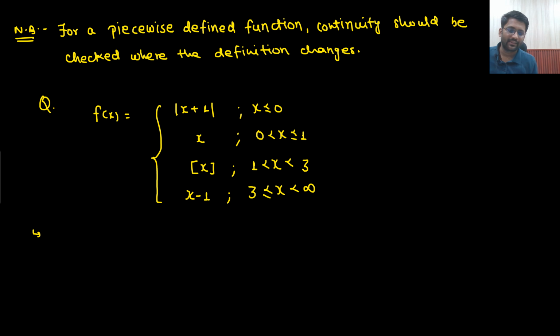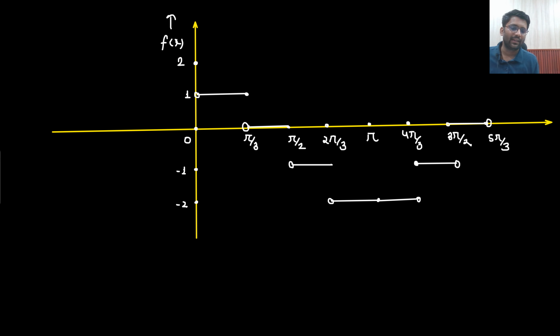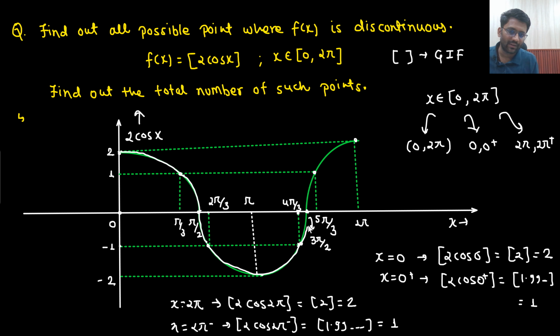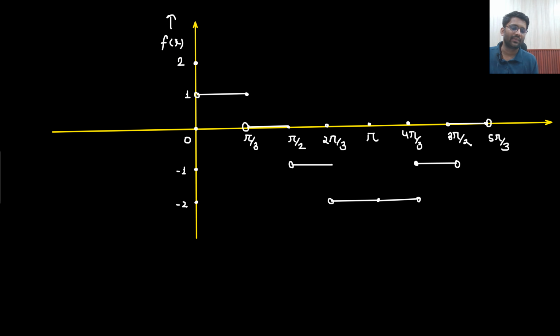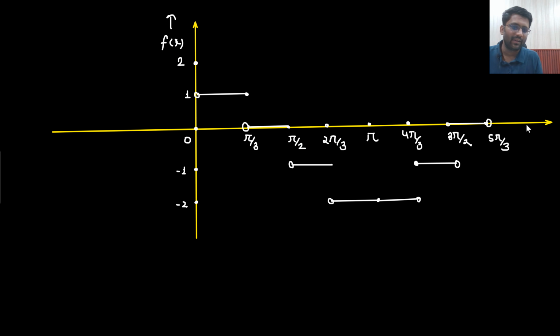And after that, in this range I am getting the answer to be -2. Then again, sir, in this range I am getting the answer to be -1. Then, sir, in this range I am getting the answer to be 0. And then, sir, again in this range I will get the answer to be 1. Next will be between